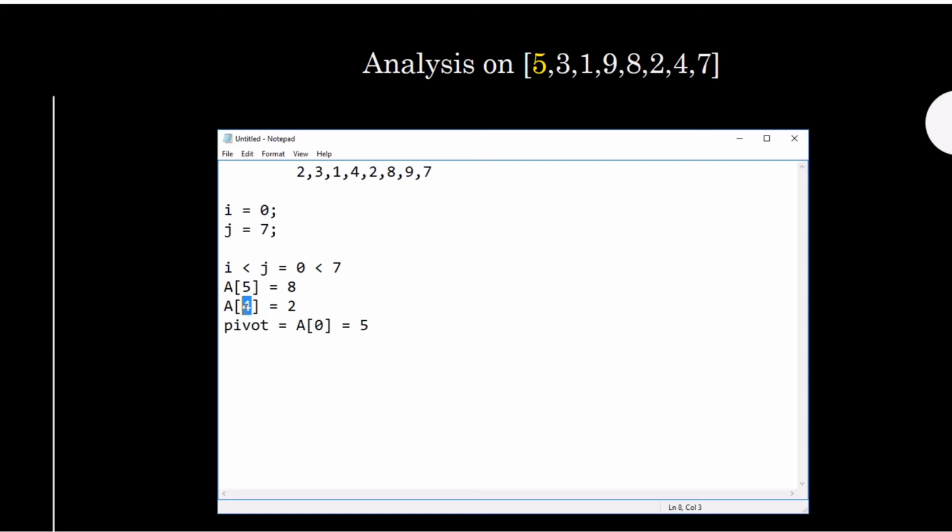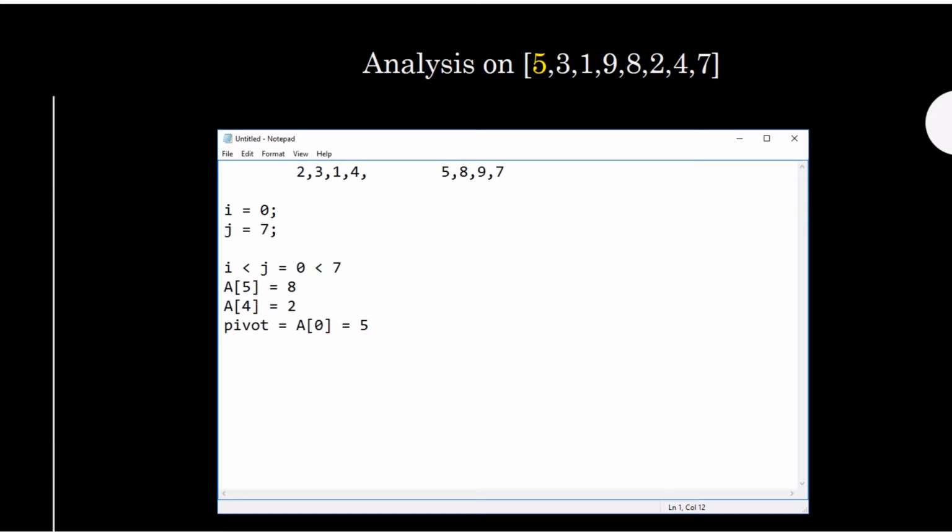And the position of my A of j becomes my A of low. So this is my position. It becomes 5. This is the partitioning position. So I return this position, which is my j. This is my j position. So here it will be 0, 1, 2, 3, 4. So I return 4. So these will be partitioned into